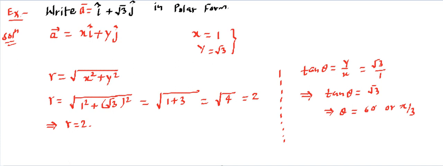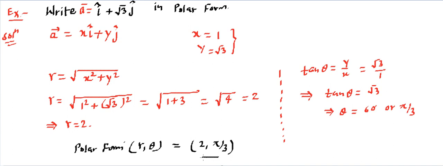So how are we going to represent the polar form? The polar form is written in terms of r and theta. That means r and theta, that's a polar form. So this is going to be equal to 2 comma 60 degrees, or pi by 3. If we write it in this manner, 2 units, pi by 3 radian, that means this is in the form of polar. This is the value of r and this is the value of theta. Mind you, we also need to specify the units. So we will specify radians, and for r, whatever unit is given to us.